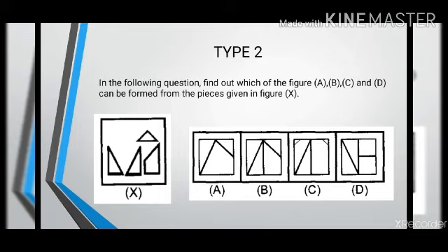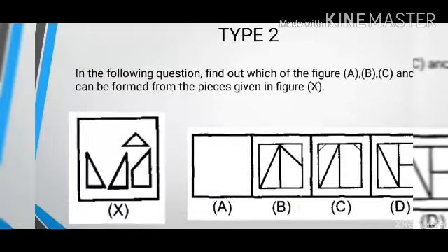First thing that you can do with such figures is counting the number of pieces that are there. In X you have 4 small pieces, and in the options there are varying numbers of pieces. For example, in option A the figure is made using 3 pieces. You can directly eliminate option A. Now in option C also there are 5 small pieces inside that square. You'll have to be very precise, be very careful while you are counting these pieces.